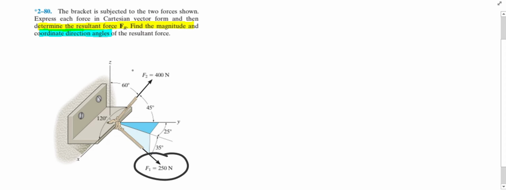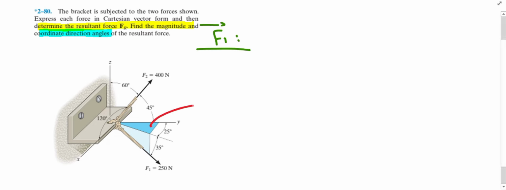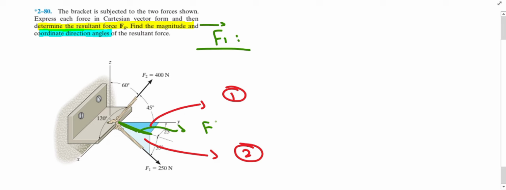This one is basically F1 and the another one is basically F2. So, let's talk about the F1 force first. Now, if you see the question diagram, there are two triangles given to us. This one, let's call this one, and the another one, let's call this two. And this length right here is common in between these two triangles. Let's call this F prime. So our first agenda is to find out the value of F prime here.